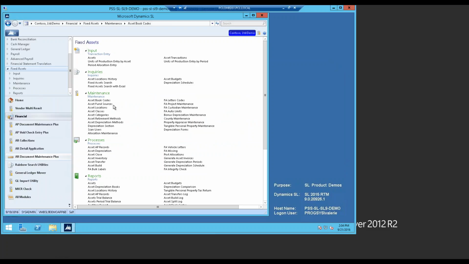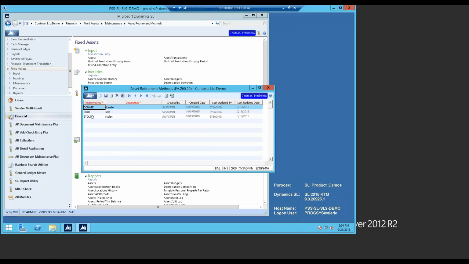Then once you have the book code screen set up, you then will be moving on to our fund sources and our retirement methods. These are both things that you can set up in the system to track information on your assets. So your fund sources: how you purchased it, did the information come in as a grant or a lease? Your retirement methods: were the assets retired, donated, sold, or